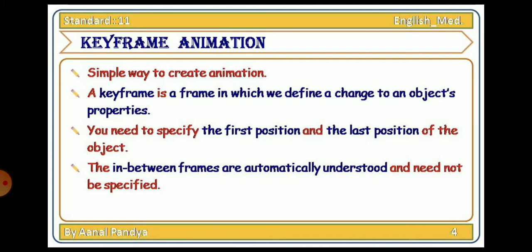We will study it practically. At the end of these chapters we also have to do practical work on keyframe animation, so you can understand it very well at that time. Now, definition-wise and theory-wise, you have to remember keyframe, and this is the definition, to be understood at the definition level.